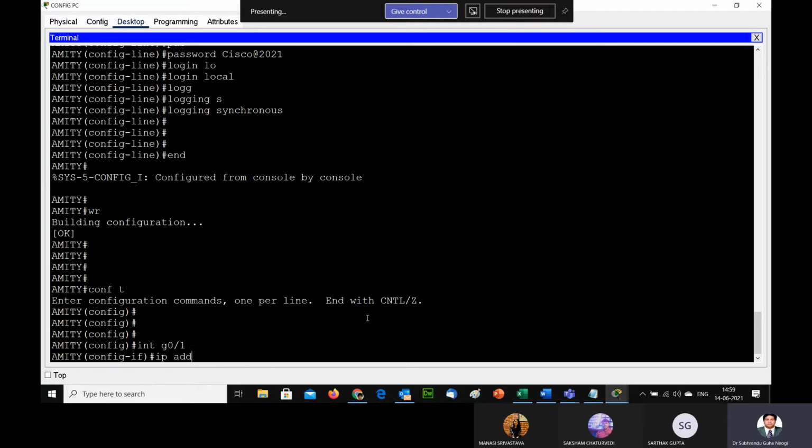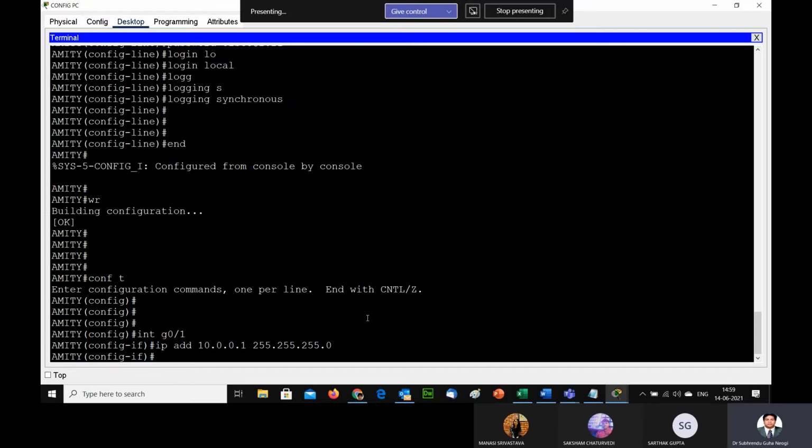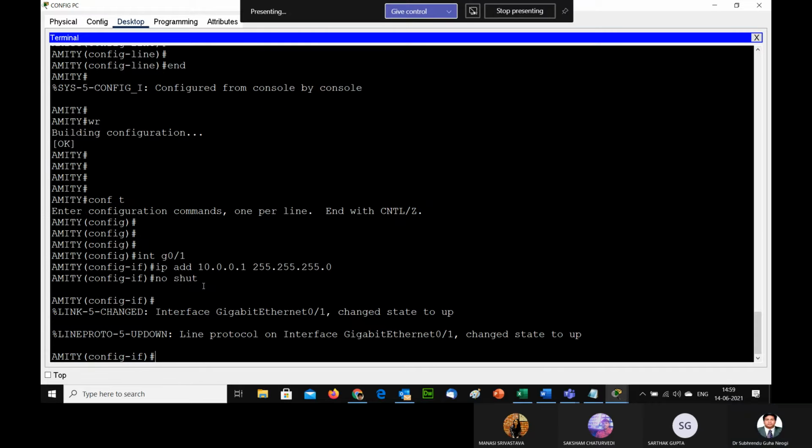Then I have to give an IP address, 10.0.0.1 with 255.255.255.0, something like that, and then I have to type no shut. This is the basic configuration, and doing it will be helpful.